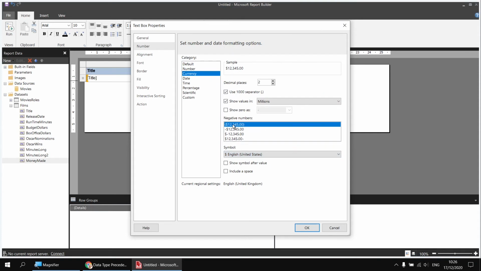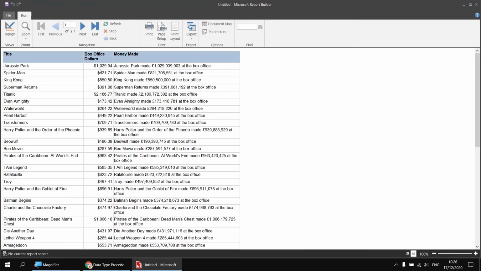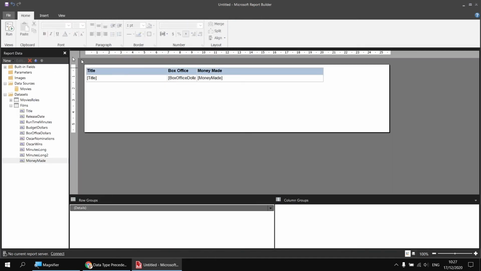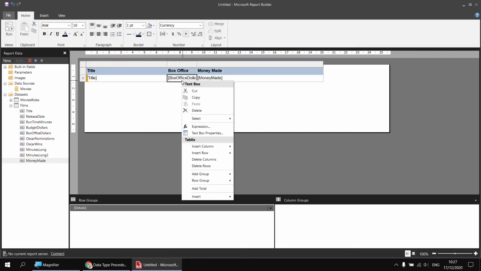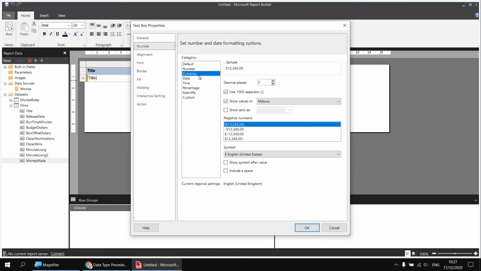So, having done all of that, if I have a quick look at the results at this point and click OK, and then run the report, you can see that that number is a lot easier to read. It would be nice if we had a symbol indicating that it was scaled to millions. I'd like to include the letter M at the end of the number. So if I head back to the design view, I'm going to go back to the exact same dialog box, right-click Box Office Dollars, choose Text Box Properties, choose Number, and then there's no simple way to add an M